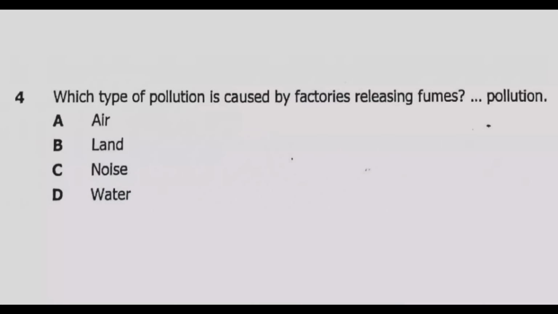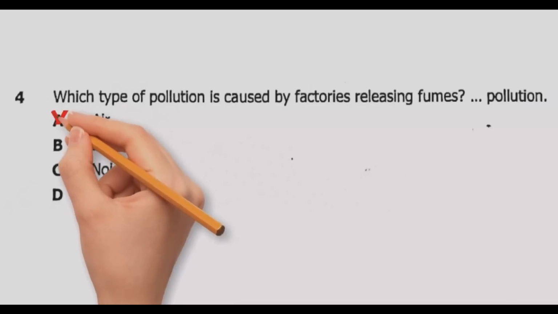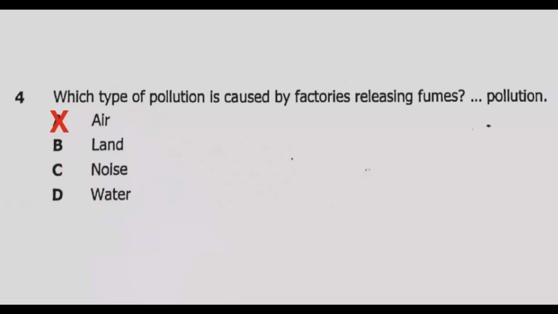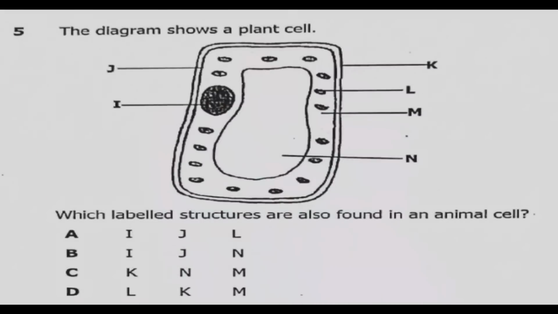Question 4, which type of pollution is caused by factories releasing fumes? Dash pollution. So the correct answer is air pollution, which is A, air pollution. Number 5,